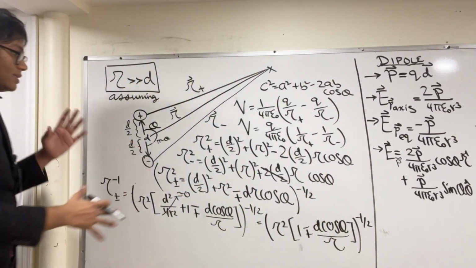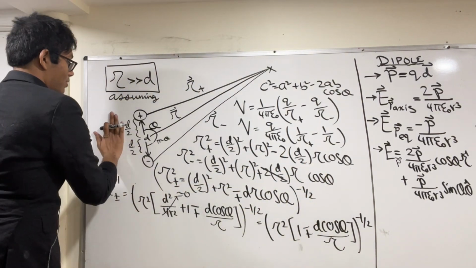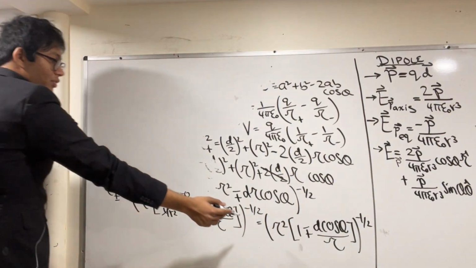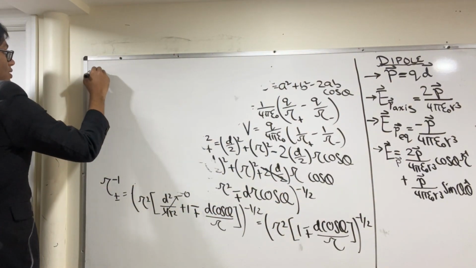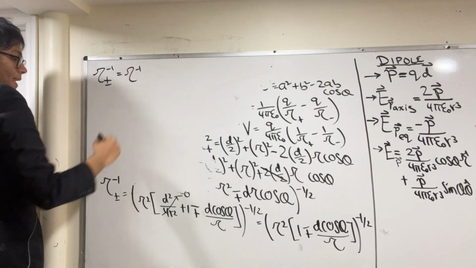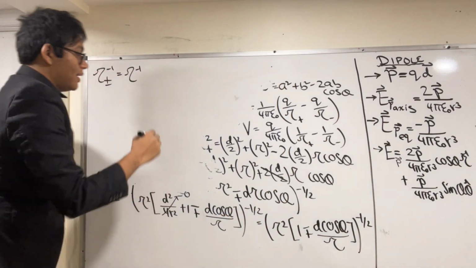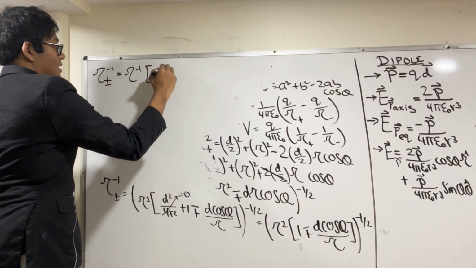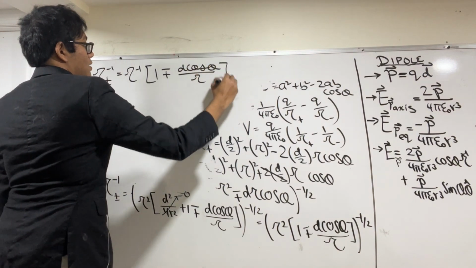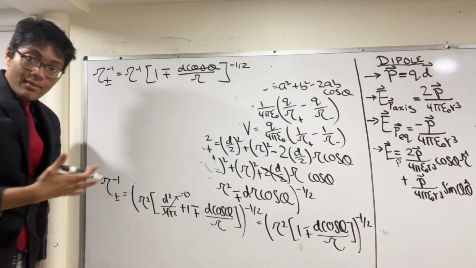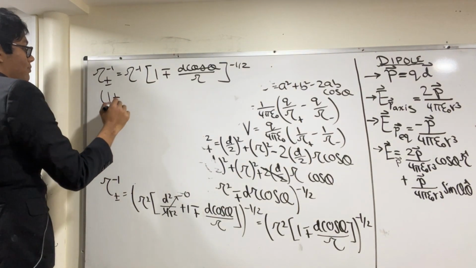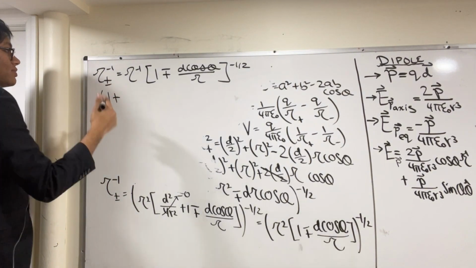So let me write it down. This is a very busy whiteboard, but let's write it down right here. So I'm going to have r squared to the negative 1/2 is just going to be r to the negative 1 over here, and then multiplied by 1 minus plus d cosine theta over r to the minus 1/2. Now I'm going to use a Taylor approximation, which is that 1 plus or minus whatever